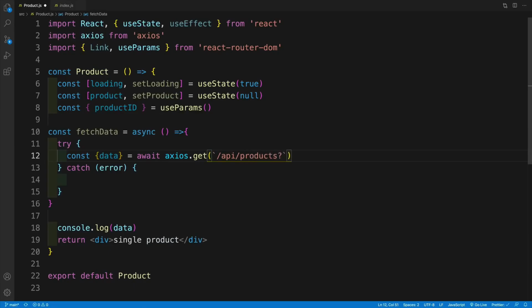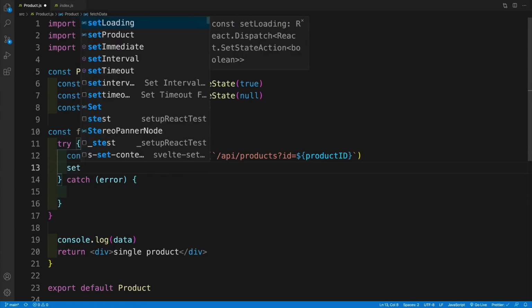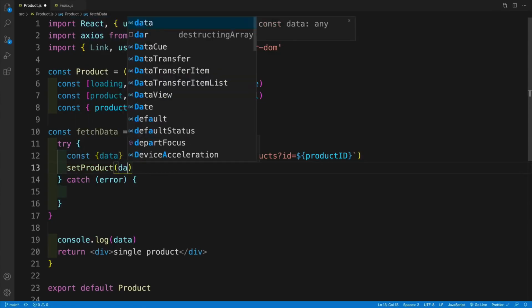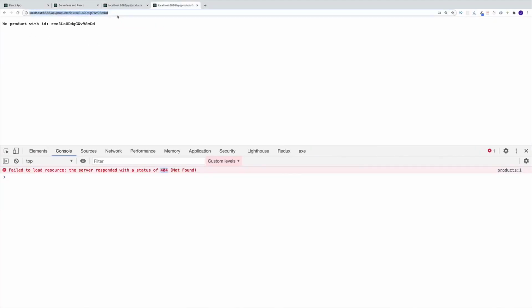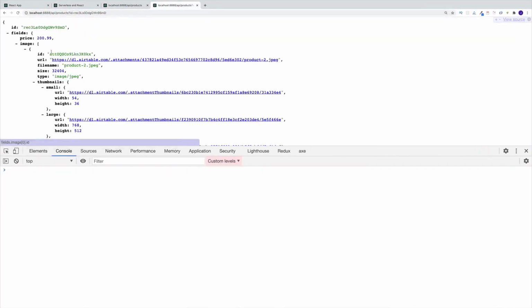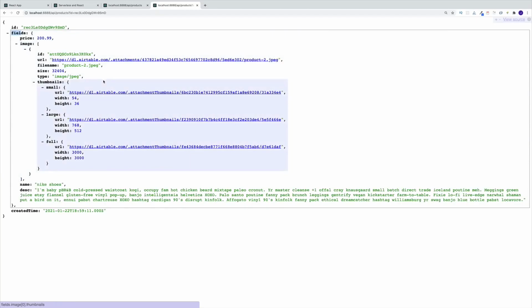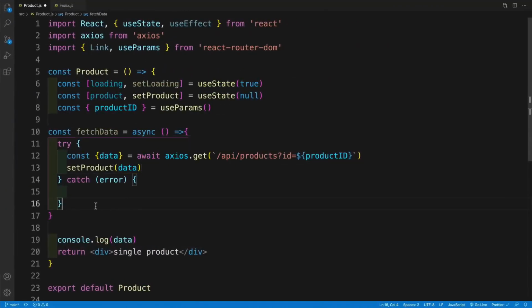Then we need to have question mark ID, and then whatever is the product ID. So we go with product ID. And if everything is correct, I'm going to go with set product equal to data. Just keep in mind one thing, that we'll have to do a little bit of destructuring here. Let's say we have the ID, and what we're actually looking for is the fields property. So we'll have to do a little bit of extra work,